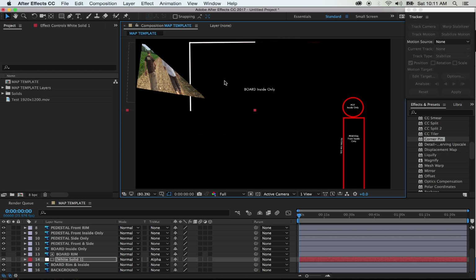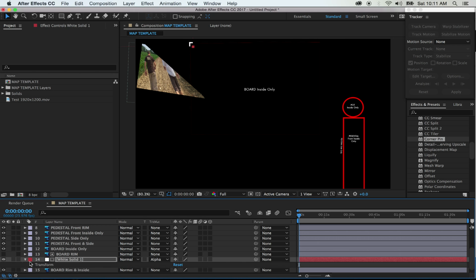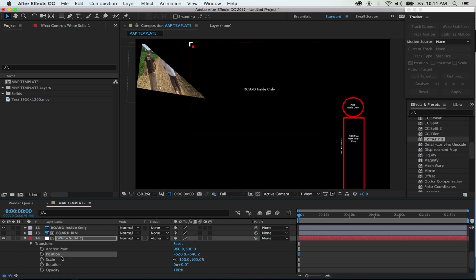I'm moving them around. So let's just say that I want to have perhaps this white rim kind of draw itself on. Well, just like you were doing before, where you have the keyframes, I'm going to keyframe the movement. Okay, so let's say position here stops there,